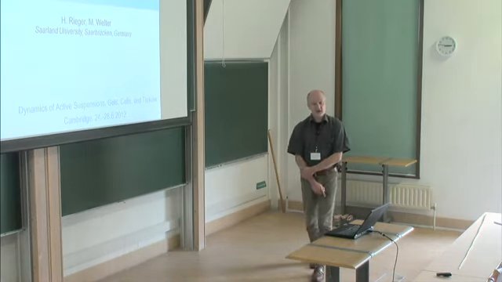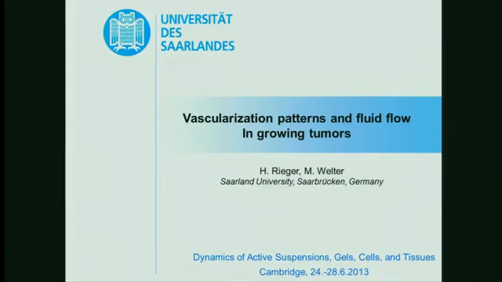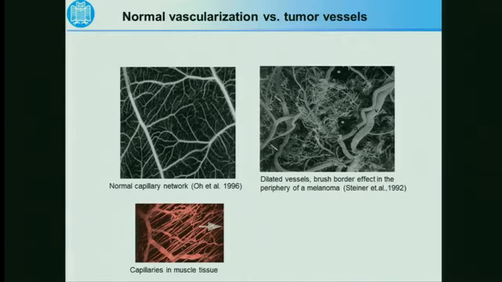Actually, we switched scales now from colloids to tissues, and in particular to large tissues, which can only survive when they are provided with nutrition, which happens in living organisms by blood vessel networks. And here I focus on this blood vessel network and the vascularization patterns of, and fluid flow in, growing tumors. So essentially, what I'm interested in is how a growing tumor transforms a well-organized hierarchical arteriovenous network into